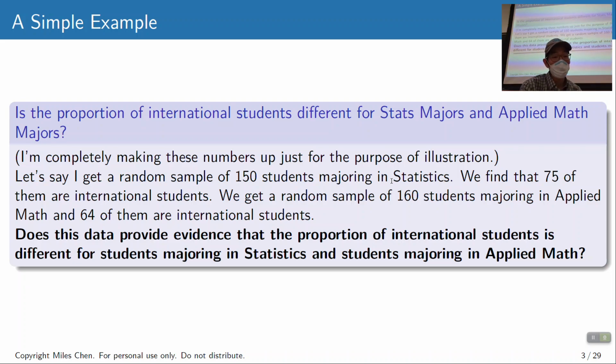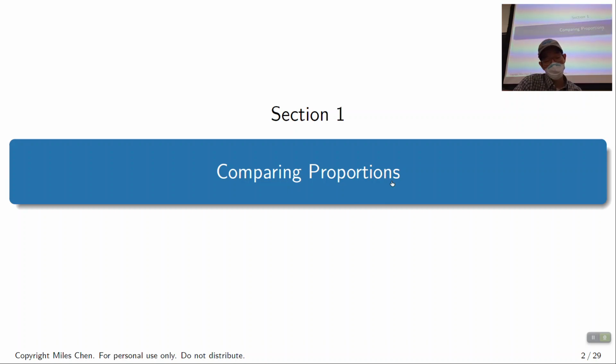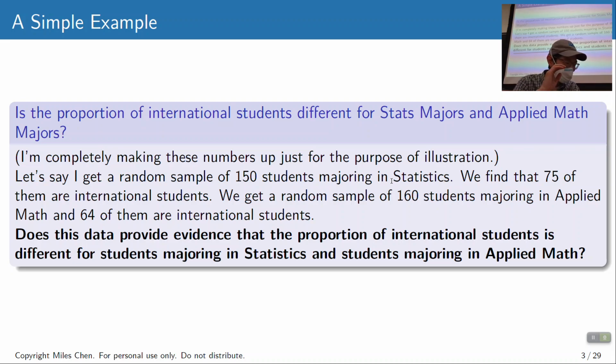All right, we left off on Friday talking about hypothesis tests, doing statistical inference. And here we're going to revisit a classical statistics approach to comparing proportions. We're going to do a hypothesis test where we compare proportions. I'm going to first take a classical approach. And this is just a silly example that I made up. Don't quote me on any of these numbers because I completely made them up just for the purpose of this